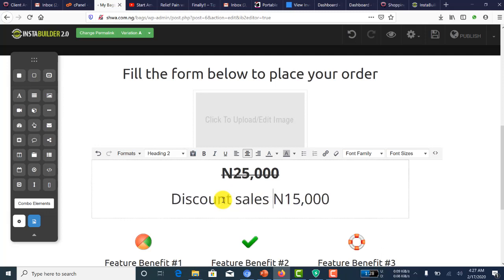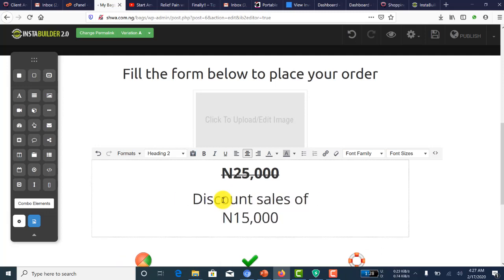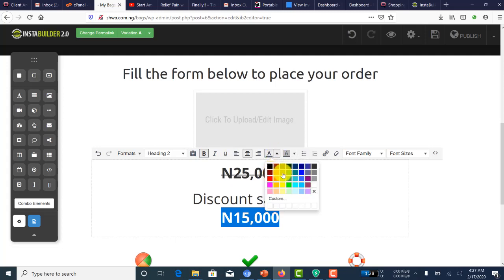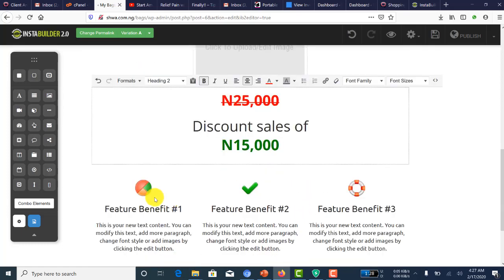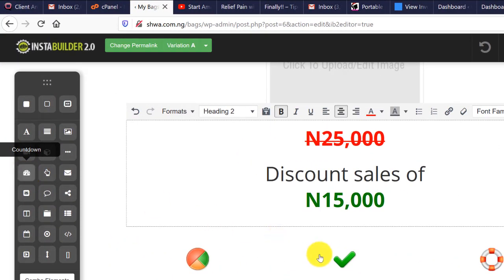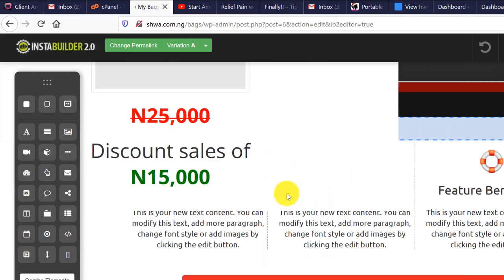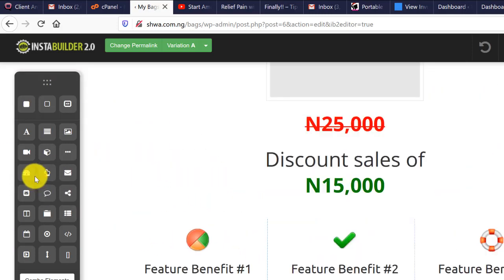Discount sales of 15,000 naira. Okay, so they're getting it for a discount of 15,000 naira for a limited time offer. Okay, so the urgency we're going to be creating now is a timely urgent display. So we'll just hover on to countdown to let them know that this promo price of 15,000 naira is going to be expiring once our countdown